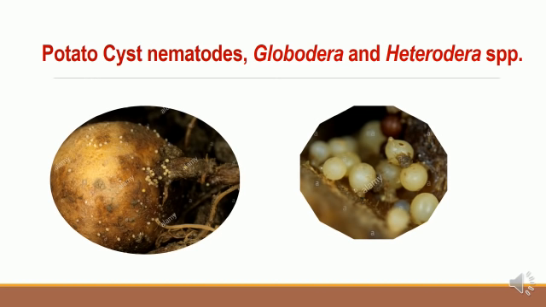Eggs will remain viable in the form of cysts for over 20 years in the soil under severe environmental stress. They withstand extreme cold temperature, that is minus 15 degrees Celsius, and also soil desiccation for a longer period. They will start to hatch only in the presence of root exudates. They need root exudates, otherwise they won't hatch out.